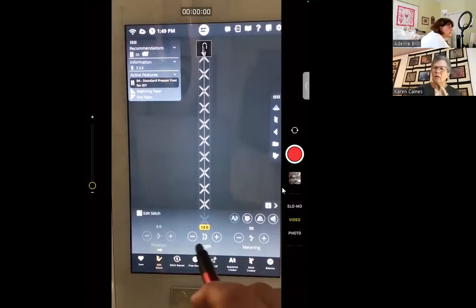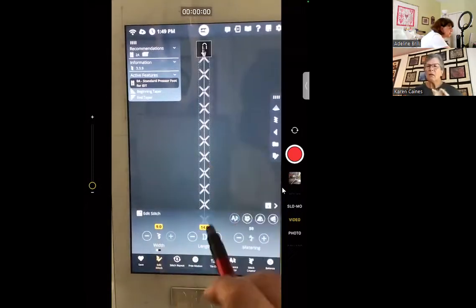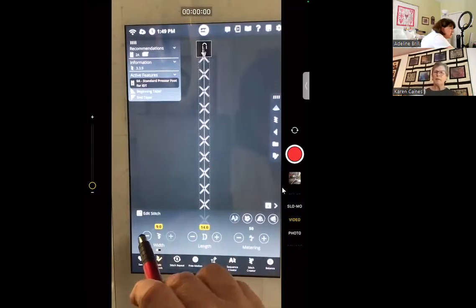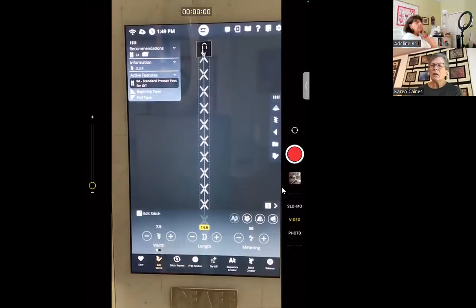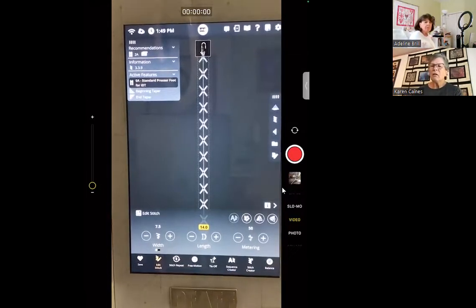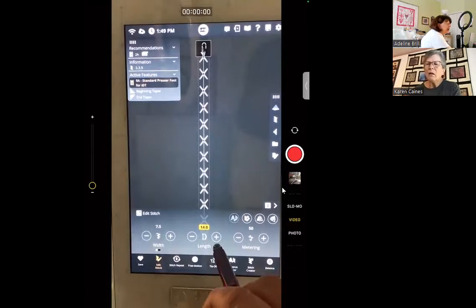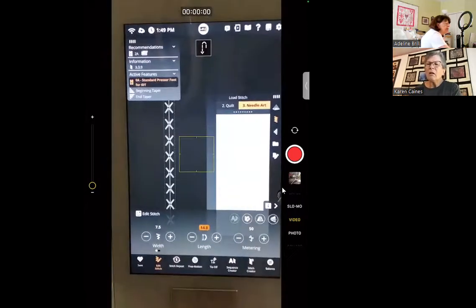So whenever you want to adjust the width of any stitch, it has to be under 9.0 for it to show up behind it. All right. Okay. Does that make sense? Okay, good. Now there's nothing hiding behind this length stitch, but in some instances, we may be able to find